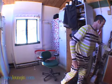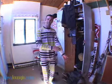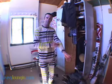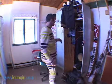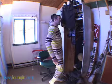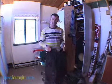So this is my locker. Normal day, I come in here hopefully before everybody else, so I don't have to deal with the crazy crowds, because there's usually a dozen people walking by asking me questions. So the sooner you get on the mountain, the better. Avoid the crowds, avoid the people. 6 in the morning is a good idea if you're going for KT, and that's really the game plan every